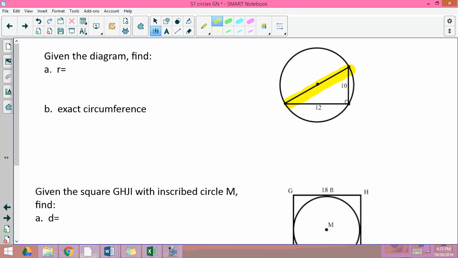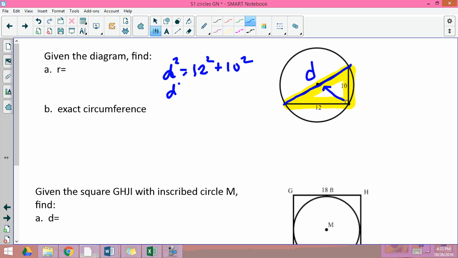carefully, we have this really interesting right triangle inside of our circle. And if we have a right triangle, we can use the Pythagorean theorem to find the hypotenuse, which also happens to be the diameter of our circle. So in this situation, the diameter squared is equal to 12 squared plus 10 squared. And when we work that out, we get the diameter squared is equal to 244. Take the square root of both sides. The diameter is the square root of 244, which is